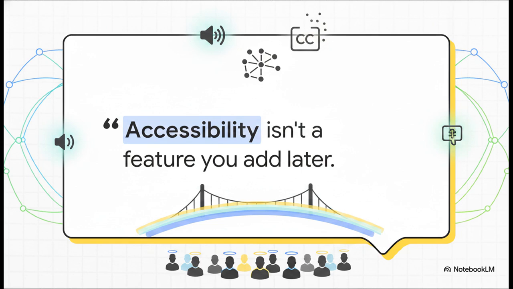As we continue to build and use these rapidly evolving digital workspaces, how can we ensure that true accessibility is baked into the very foundation of our tools, rather than just bolted on as an afterthought? Because at the end of the day, every message really should be for everyone.